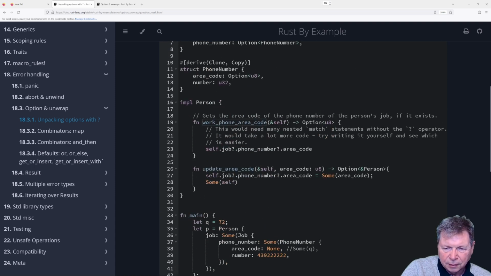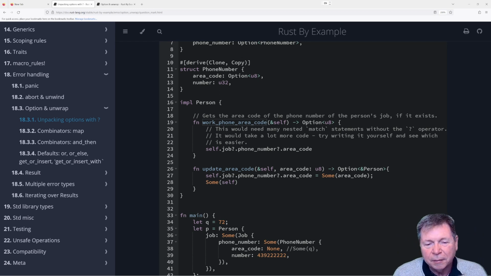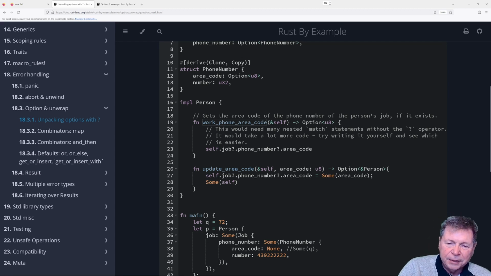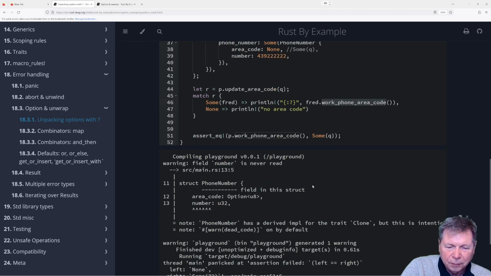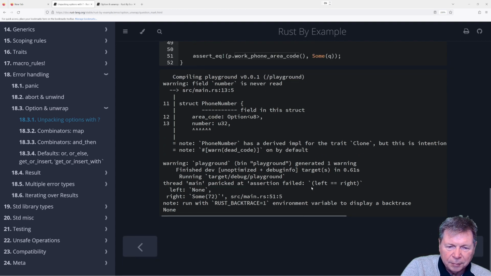So this didn't update it. Probably because some nonsense about borrowing and stuff, which I do not remember anymore. I suspect, well, it's weird though, because normally we would have gotten some kind of warning that says, hey, you can't update this thing. And yet we did not.